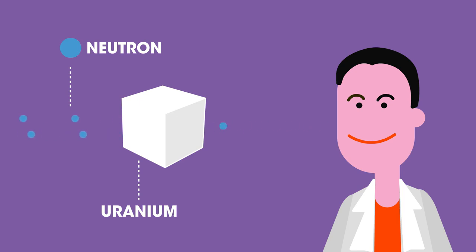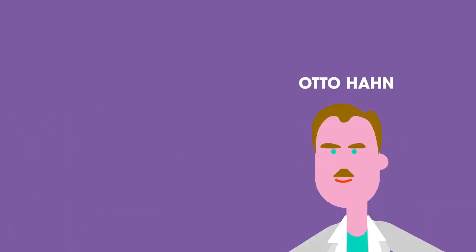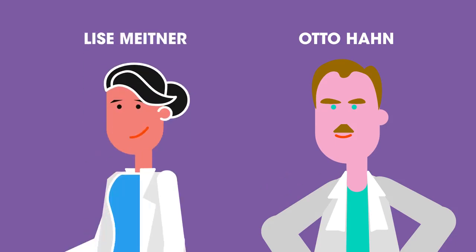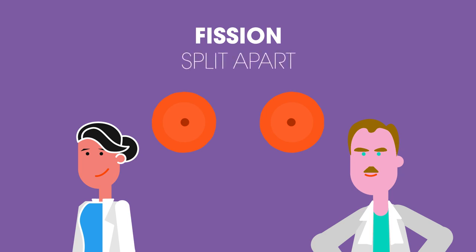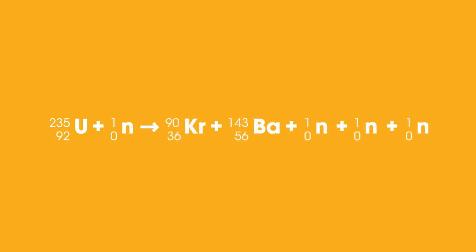In 1938, this work was repeated by Otto Hahn and Lise Meitner. So Hahn and Meitner had discovered that a captured neutron causes fission, a word they borrowed from cell biology, which described the process when cells split apart. They predicted that a chain reaction was possible, as new neutrons cause more fission, which raised the possibility of a